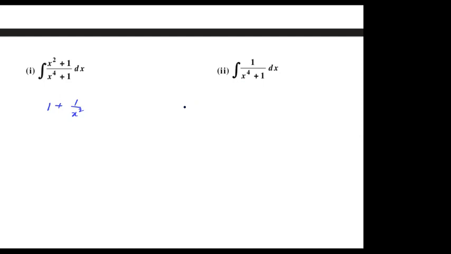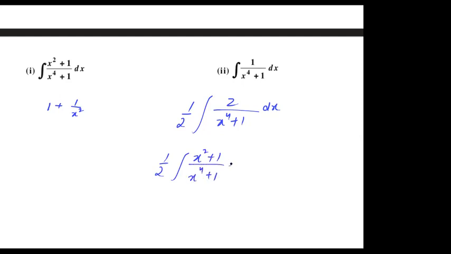So what we'll do is we'll try to introduce half, and then we'll have here 2 upon x raised to power 4 plus 1 dx. So 2 will help us to accommodate x square. And how? So let us see here. So half, what you can do is x square plus 1 divided by... right? And then you can say plus 1 minus x square upon... right? Because this expression is nothing but 2 by this, right? This is same as this. So right, this part we have already done. This is the first part, right?